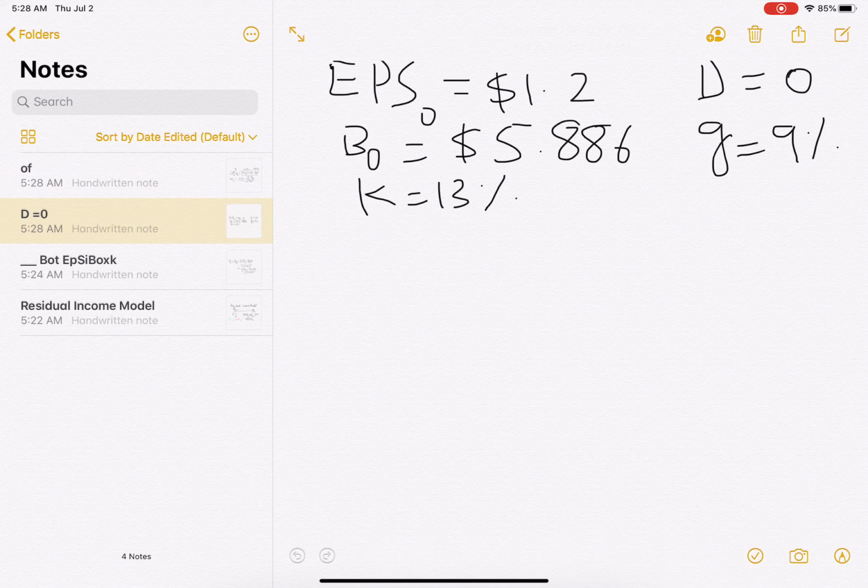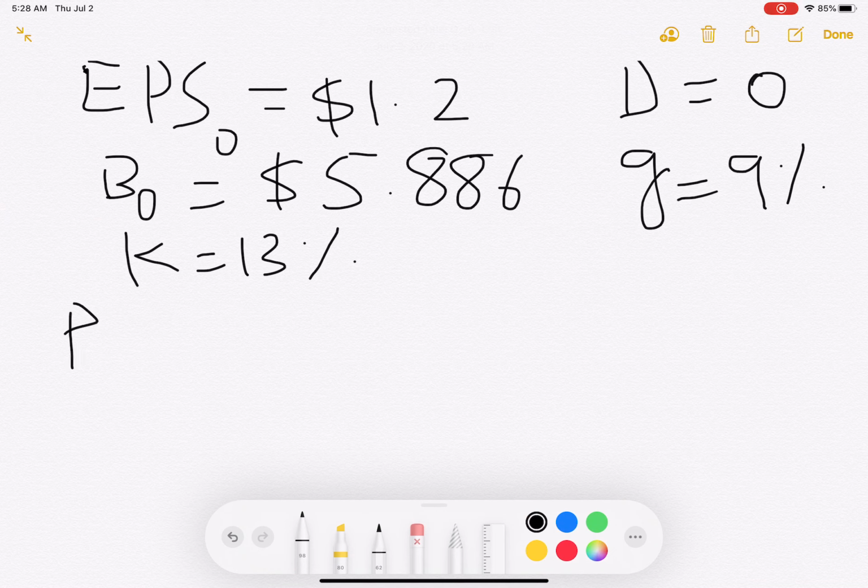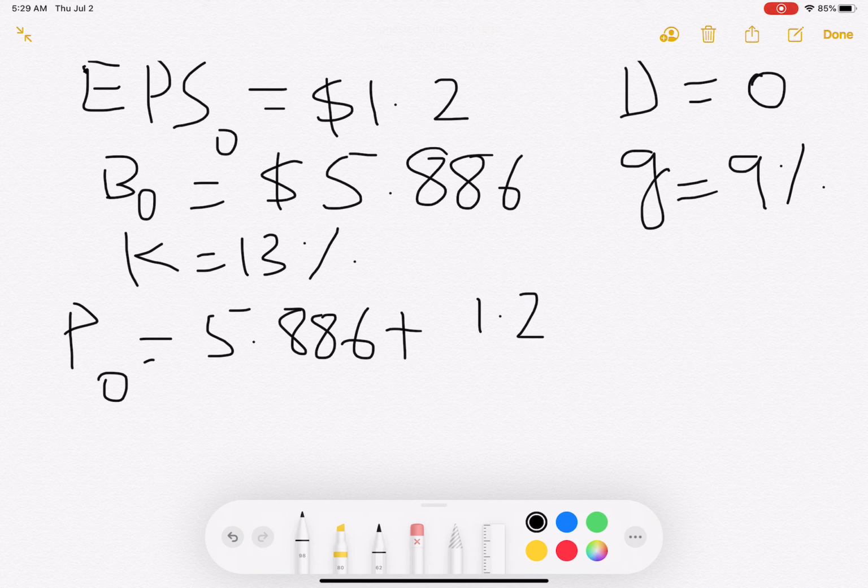So if we go with this formula, P naught is equal to the current book value, 5.886, plus, now what is the current earnings per share? It is 1.2 into what is the growth rate? That is 1 plus the growth rate of 9%, so it's 0.09, and minus